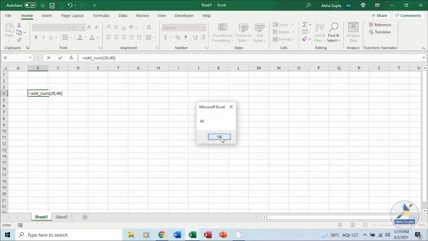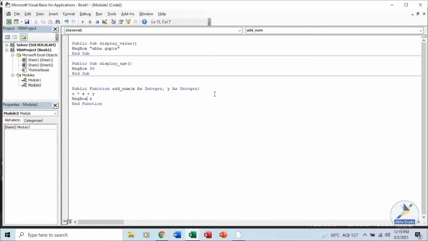So whenever you are passing an argument to a function, you have to specify the data type of that particular variable. Now if you know a little bit of coding, then you can experiment with this. Now some functions are already in place, sorting, filtering, but there are times when you have some data in hand and you want to perform your own calculation. If the functionality is not available, there you can make use of macros. There you can hard code or do the coding yourself to perform some action.